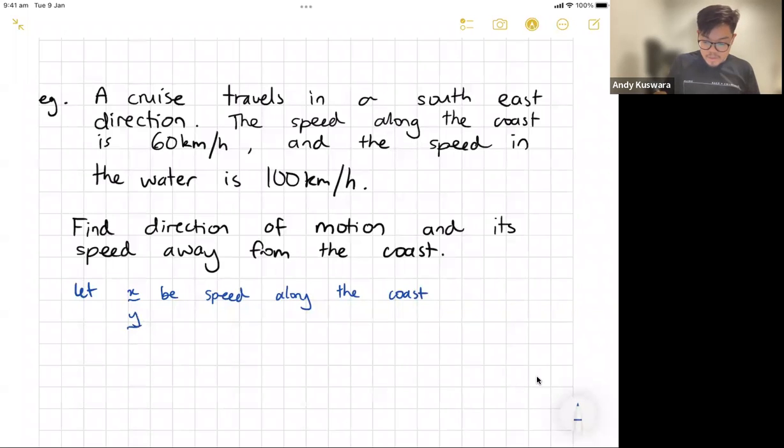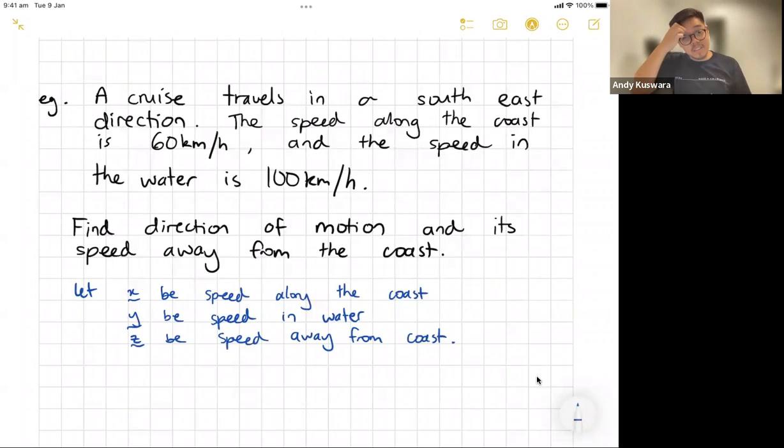Let Y be speed in the water. And let's let Z be the speed away from the coast. Now, all these things kind of sound a little bit weird because we don't often talk